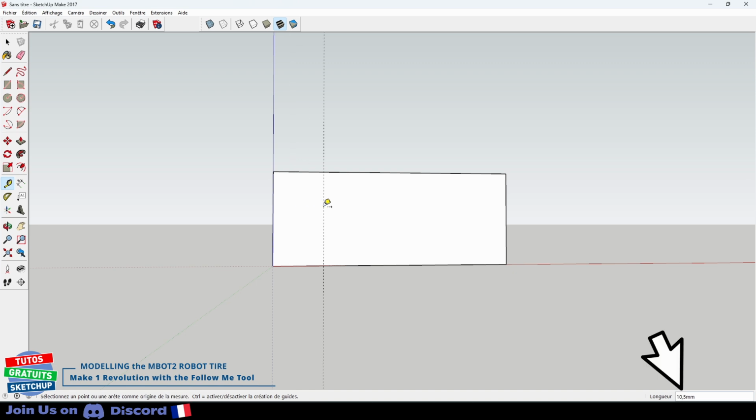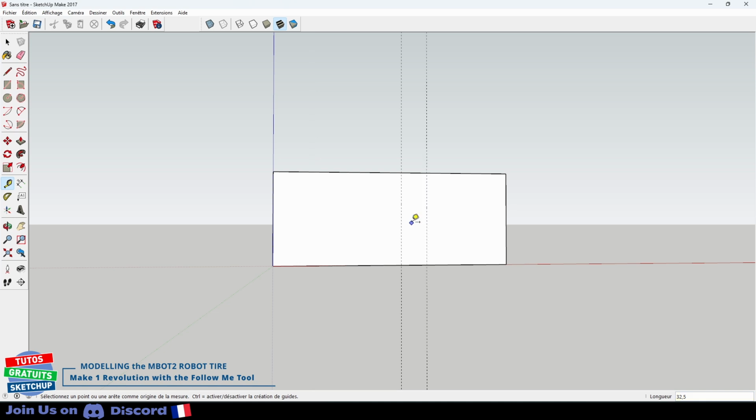There I find myself 10.5 from my left edge here. And I want it to be 27. So I type 27 on the keyboard and press enter. I position a second guideline. I click on it again. I click anywhere. On the other hand, did you notice I cancel along the red axis, like here? And this time I type 32.5. Notice, it's not a point, it's 32.5 and I confirm.